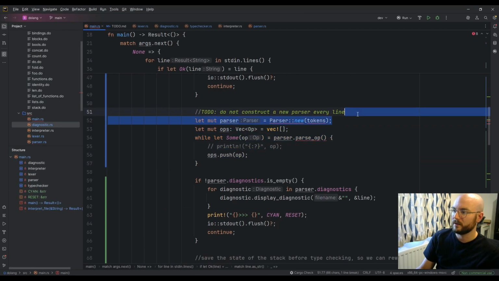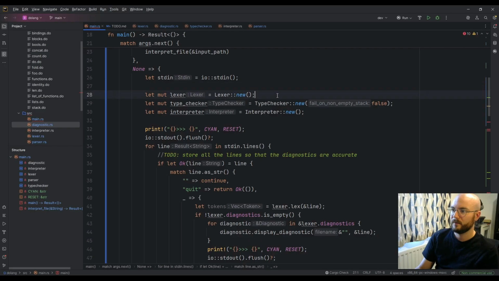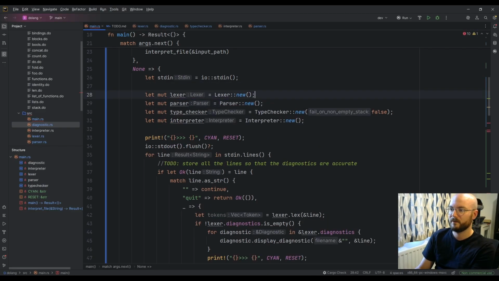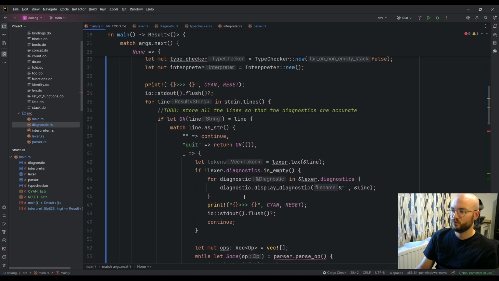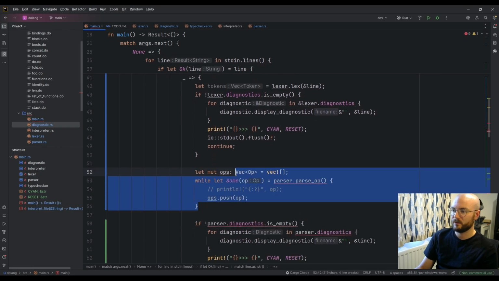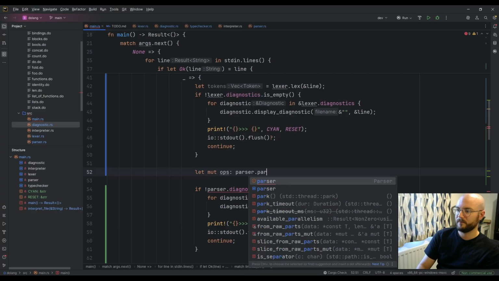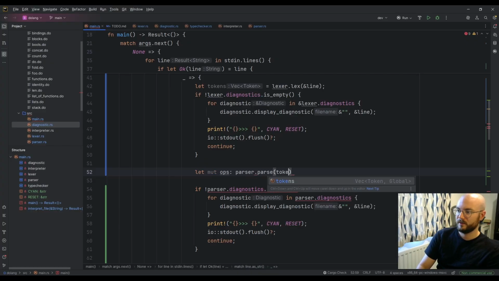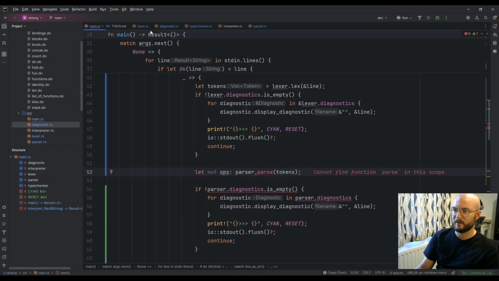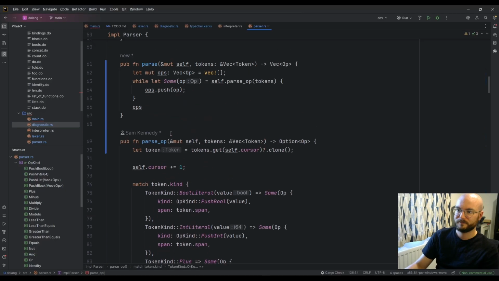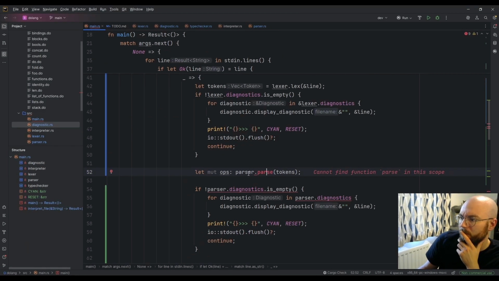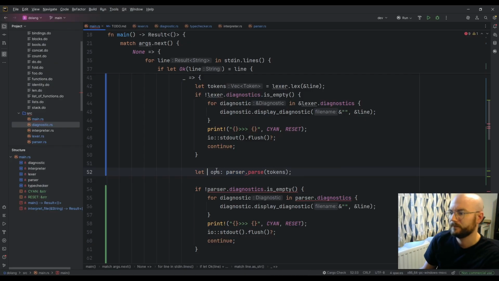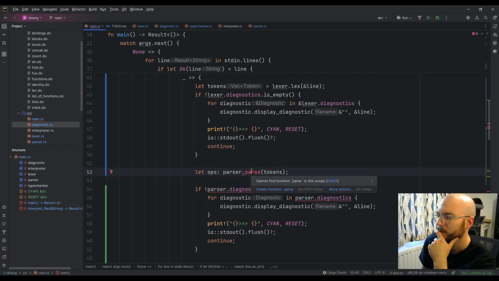Cool. So we can yoink this up, put it here, get rid of that, fix that, and then we just say ops equals parser parse tokens, and then it probably has to be public in here. It is public. What's the problem? Cannot find function parse.